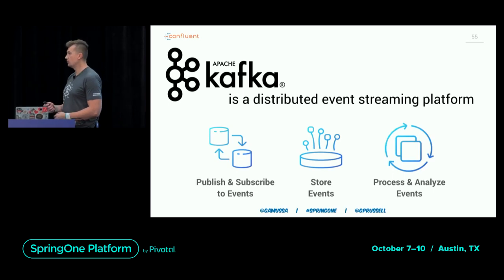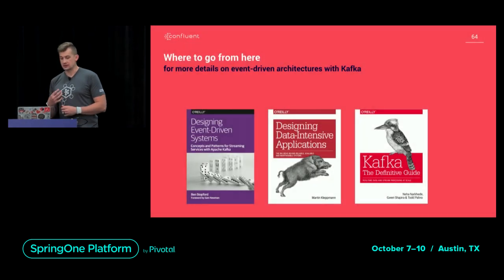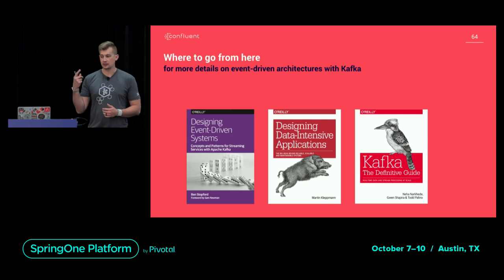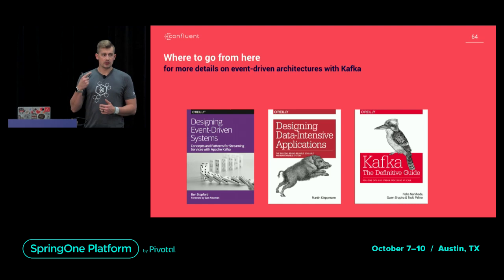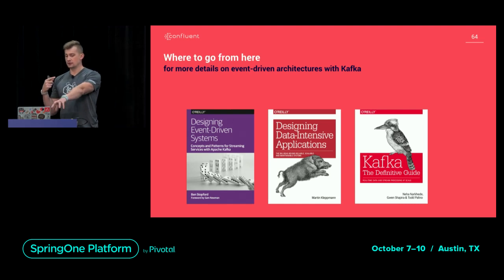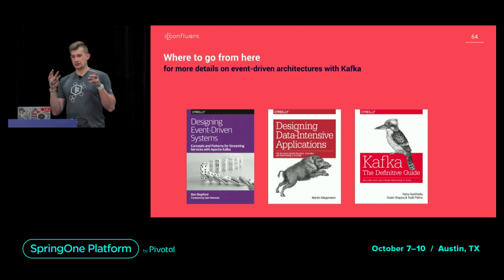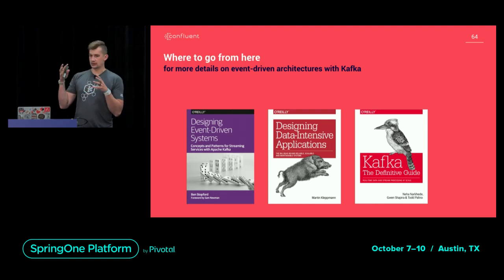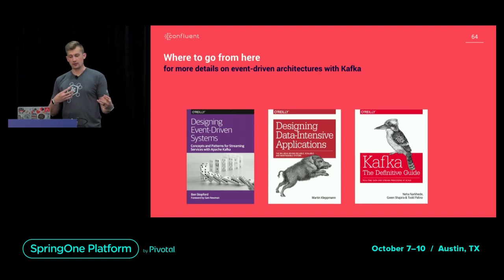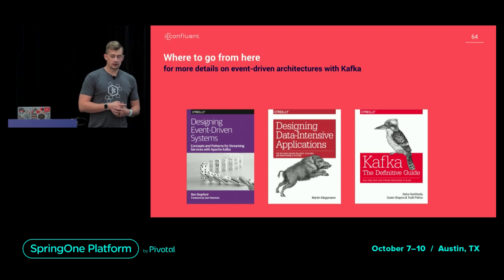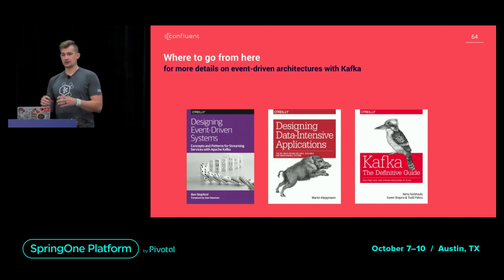If you want to learn more about this, there's a couple of books that I highly recommend. They're available for free on the Confluent website. So the Event-Driven Microservices book, we might still have a few of those books at the Confluent booth. Essentially, it uses the things that we talk about, Kafka Streams, Kafka, and KSQL, to build these event-driven microservices. Martin Kleppmann's book, Designing Data-Intensive Applications, is a fantastic book.